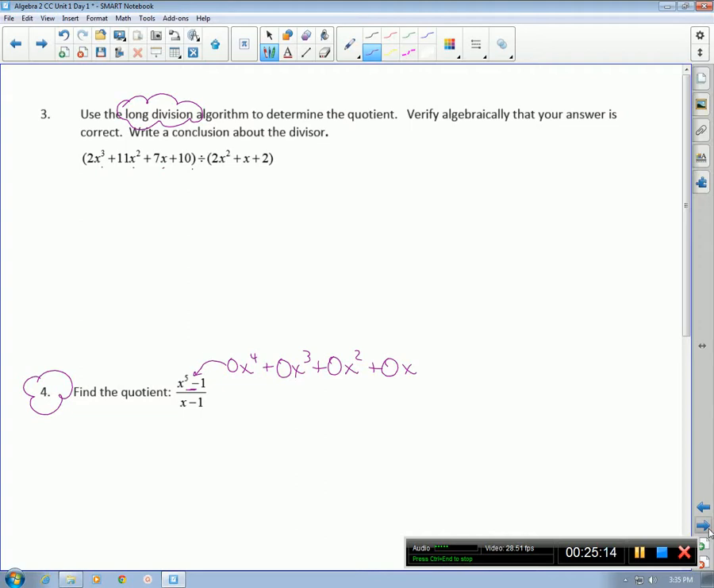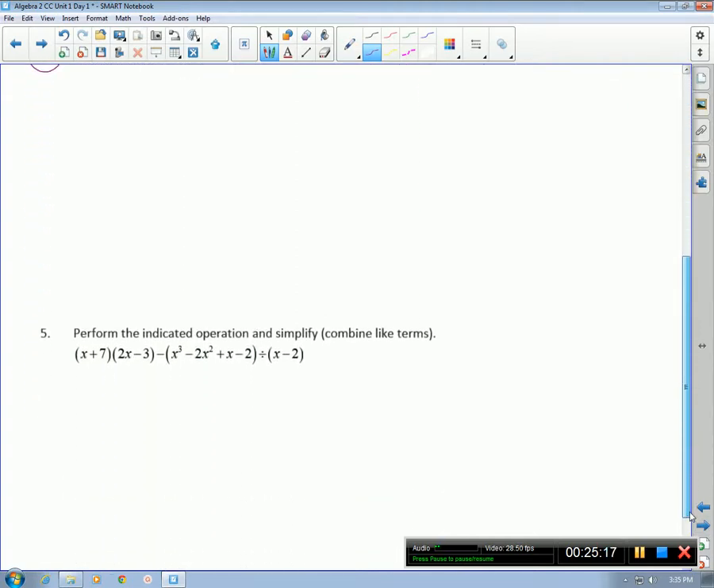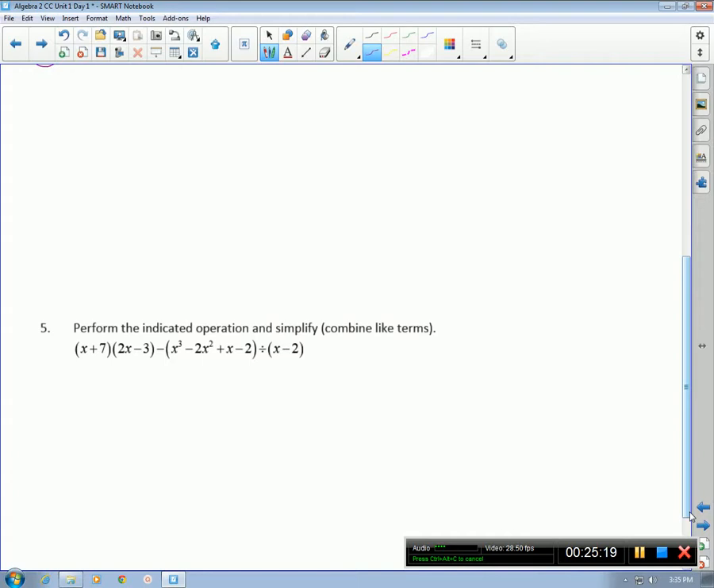All right. And then the very last question, just to set you up here. As you're performing the indicated operation, then simplify by combining like terms. So you can multiply these out, and then you have to divide these out, because multiplication and division comes before subtraction. So be real careful, get your product here and your quotient here, and then make sure that you put parentheses around that quotient. Okay, I'm going to leave you with that,